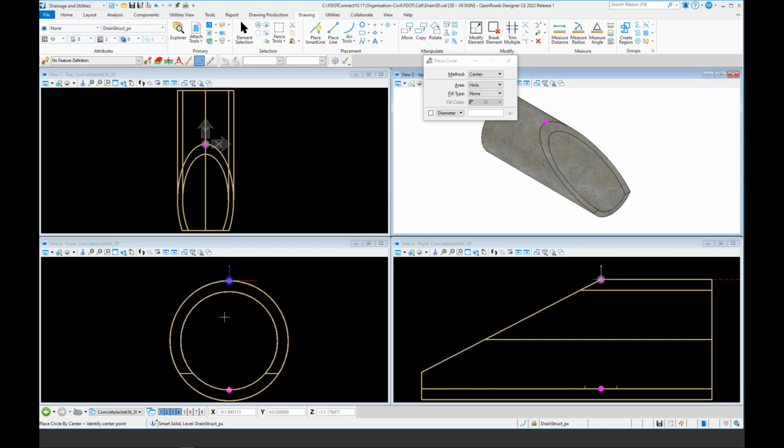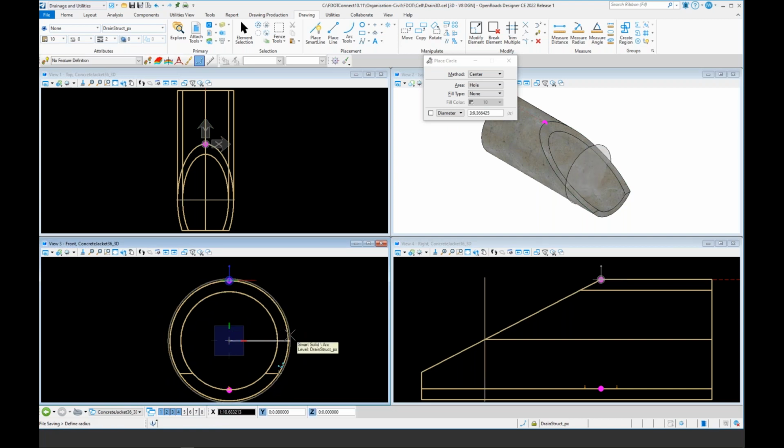Placing a circle on center, click, then use your enter key again to lock, and then just do a nearest on any point on the outside of the pipe. Boom. There's our first part. Now, we're going to take that and do another move,